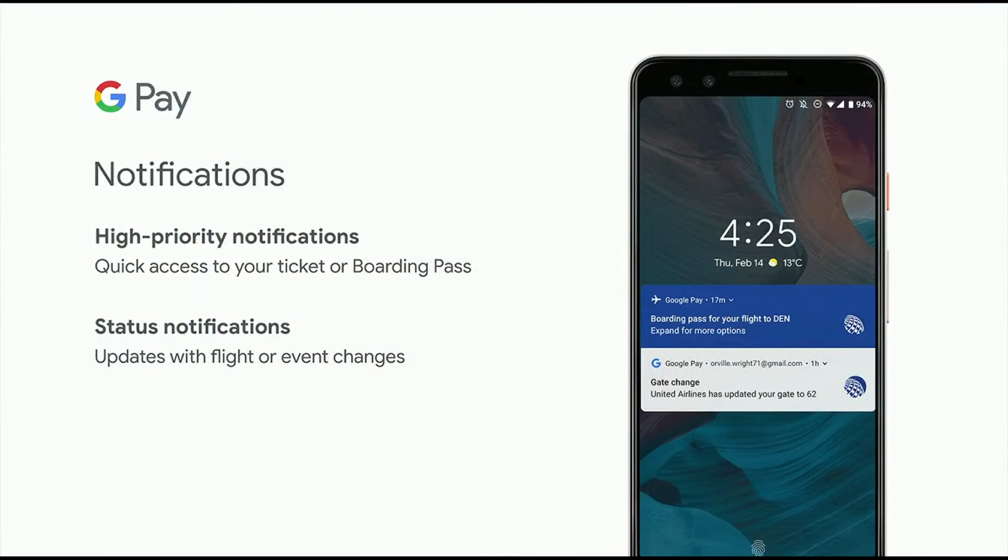So this is why we launched earlier this year high priority notifications. Those are persistent notifications that are on your screen 3 hours before your flight takes off, and that can be used to go back and forth to your boarding pass in 1 click. So when I'm there, just 1 click, I go to my notification, to my boarding pass, and then I can come back, and it's already there for me. This doesn't come at any extra implementation cost. It's just there with the API.